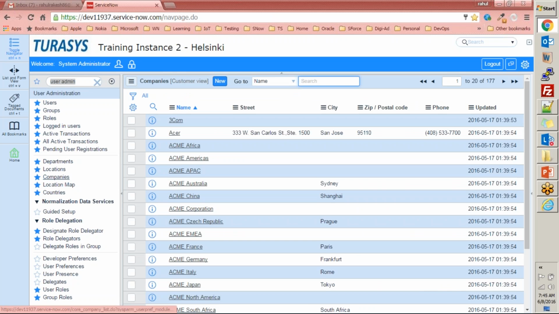Let's go and see what companies contain. When you go into companies field, you can create all those companies you are dealing with, right? For example, there could be companies which are vendors to you, right? Your organization. You can also create a company for your own organization. You can create companies for all those other organizations with whom you deal with on a day-to-day basis and whose data is required to be there in the system, right? So for that purpose, you will have companies.